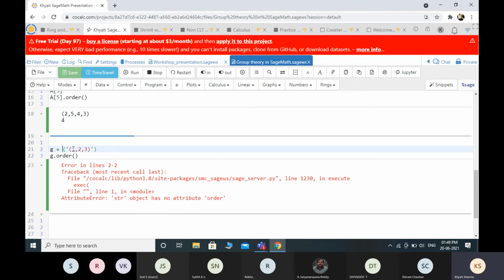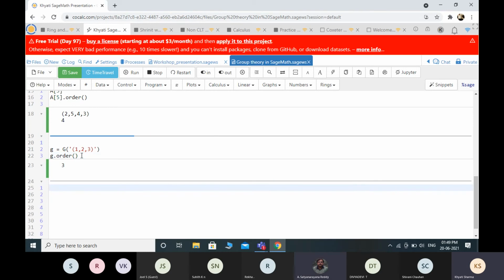I have to put the group name G here also, because I defined two groups as G. One is the integers modulo n, and another one is the symmetric group. So here I have to mention G also. G dot is not required. So this G was missing, that was the error. So now this element is from G, so its order is 3.